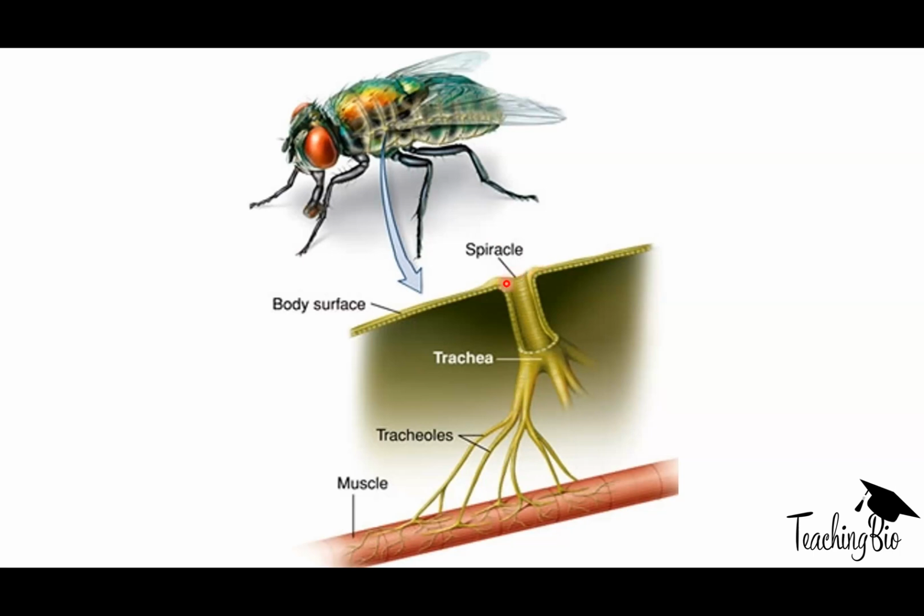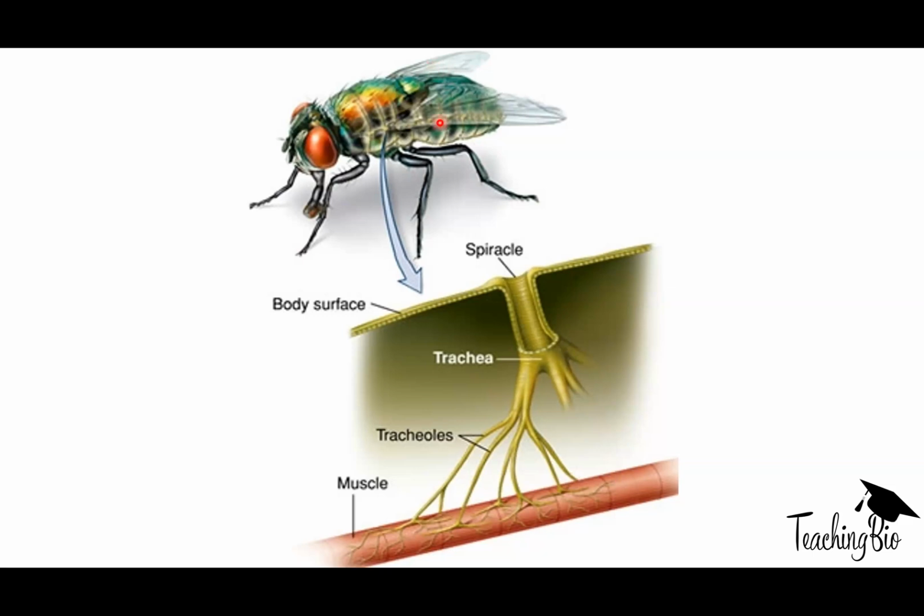So they've got these openings called spiracles, also a bit similar to plants if we think about the stomata, along its exoskeletal surface. That then splits into the trachea. The trachea splits into the tracheoles, which have many branches that then connect directly to the muscle fibers of the insect to directly supply oxygen so that respiration can happen and it can generate ATP for muscle contraction to allow